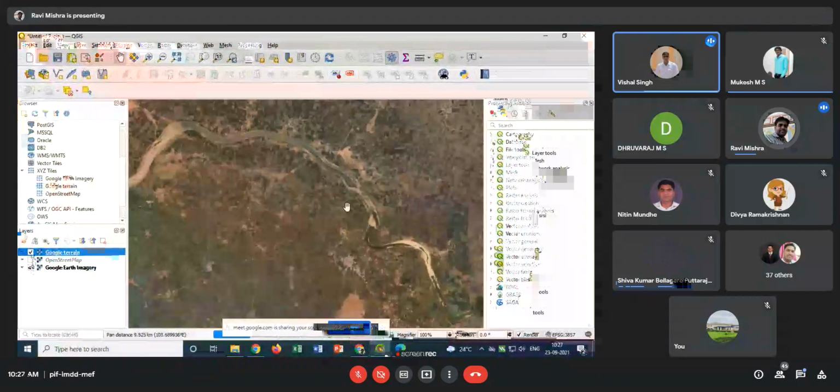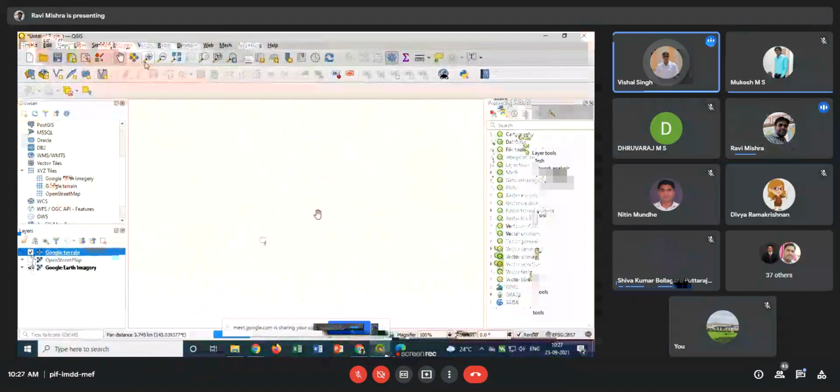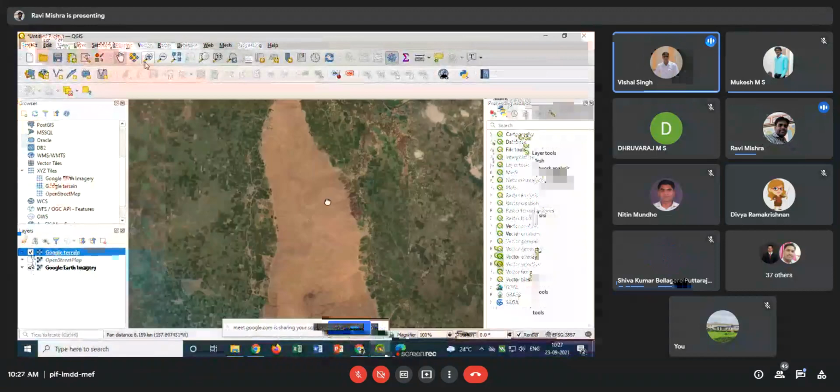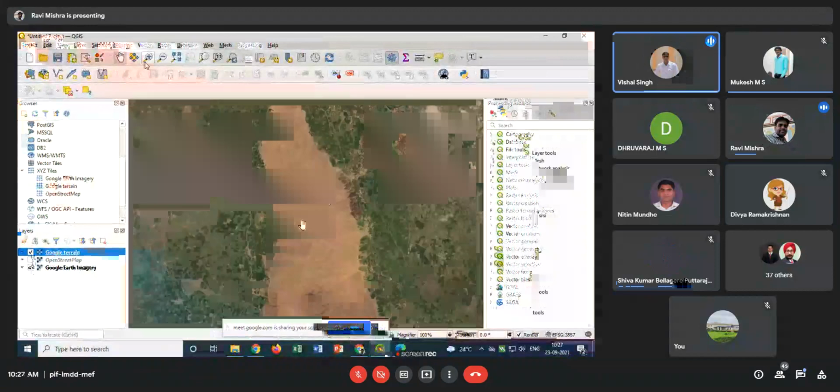Sir, then how are we able to locate Roorkee with the help of coordinates or like that? Yeah, with the help of coordinates, or if you are aware of this area of interest, it is near somewhere. It is situated in Uttarakhand. First, you need to come to the Uttarakhand area, then locate some big place.